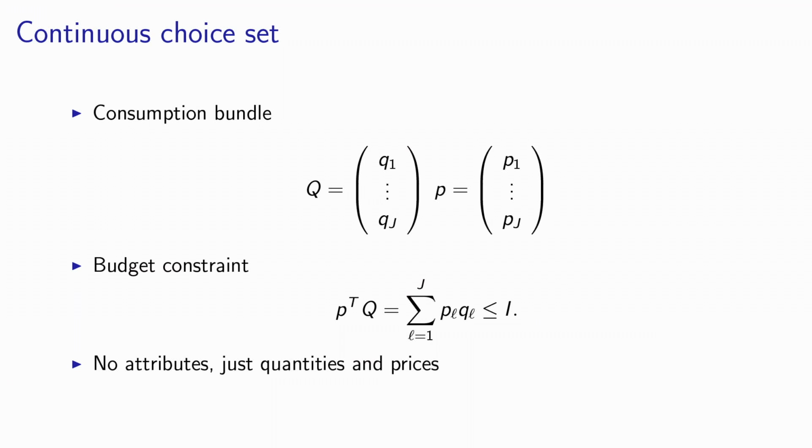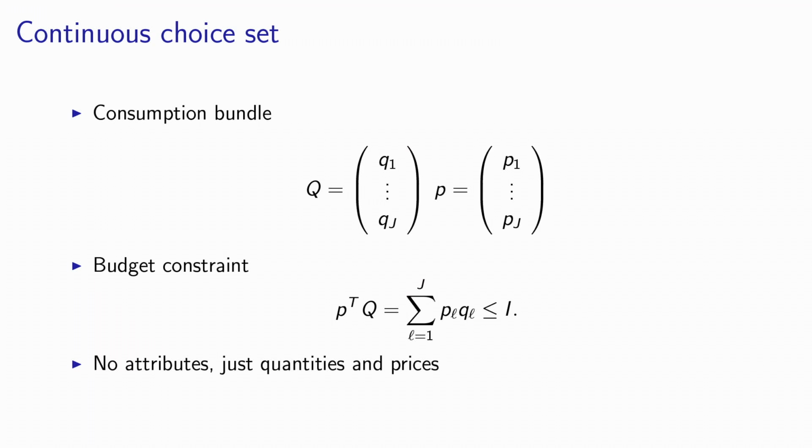So in the context of a continuous choice set, we assume that we have a portfolio of J items. Each item is associated with a unit price, Pi, and we have to decide for each item the quantity that will be purchased. So we consider two vectors. Capital Q will be the vector of quantities, the decision variables of the decision maker, and P, the vector of prices, which corresponds to the price of each alternative in the portfolio.